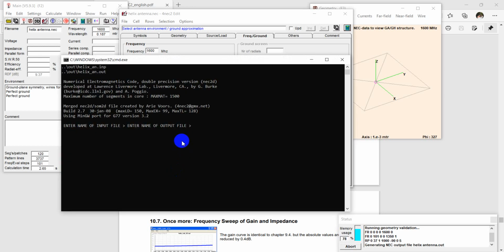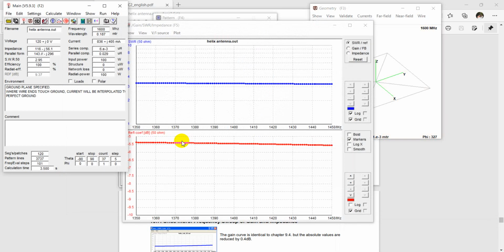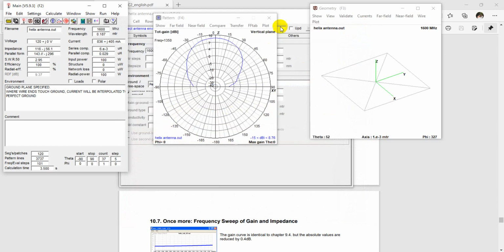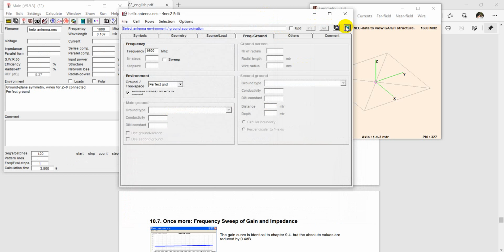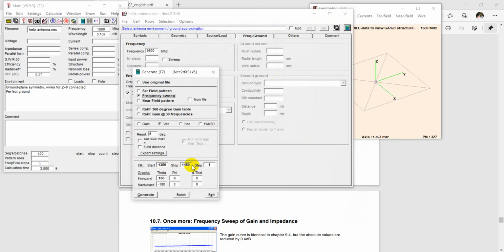So I want to wait for this output. When you can see this at 1600 megahertz, sorry, the frequency range is wrong. We have to put this value at 1550 to